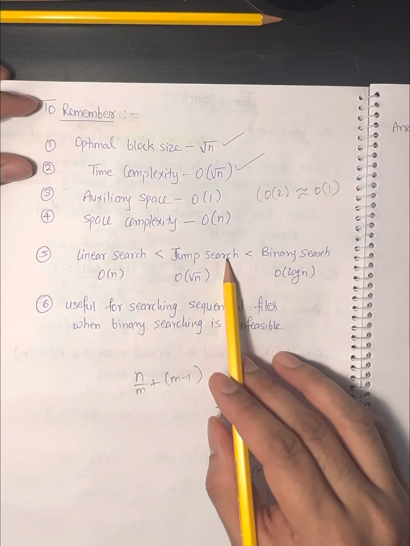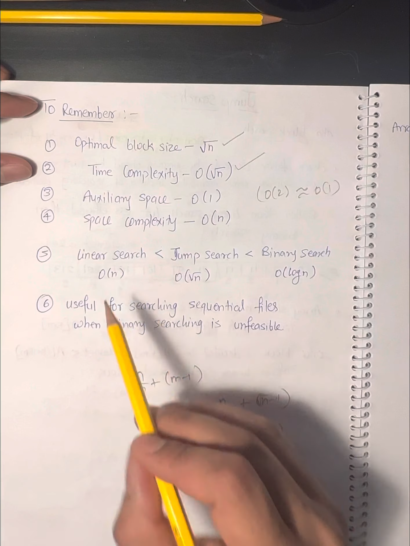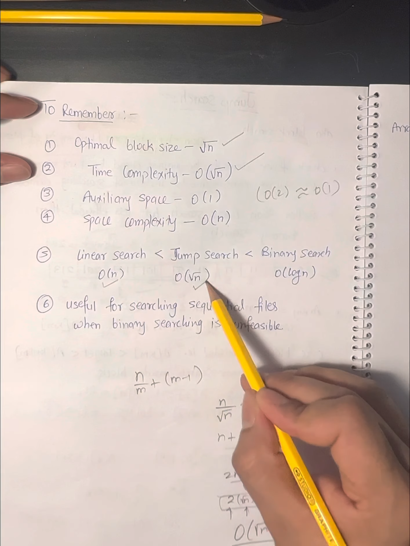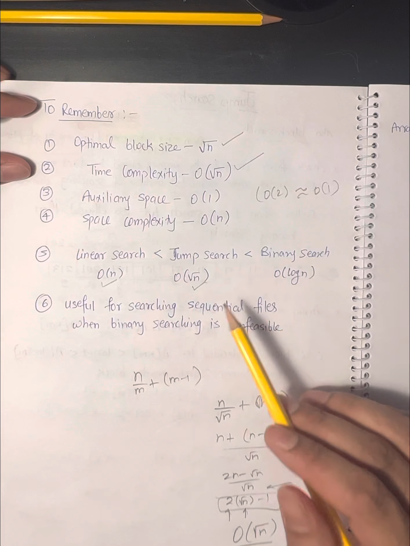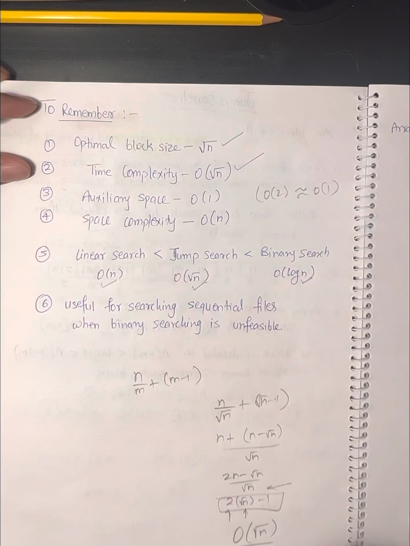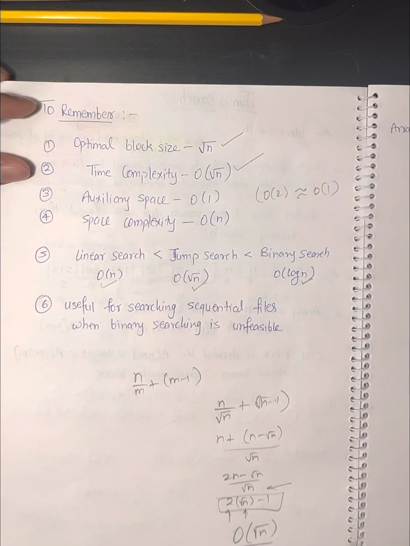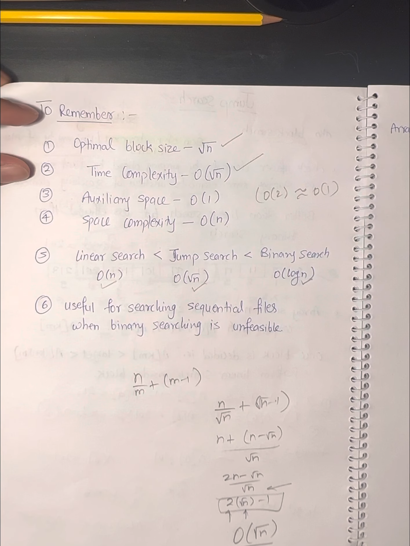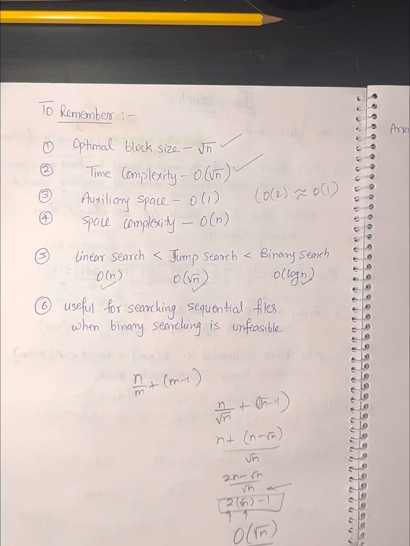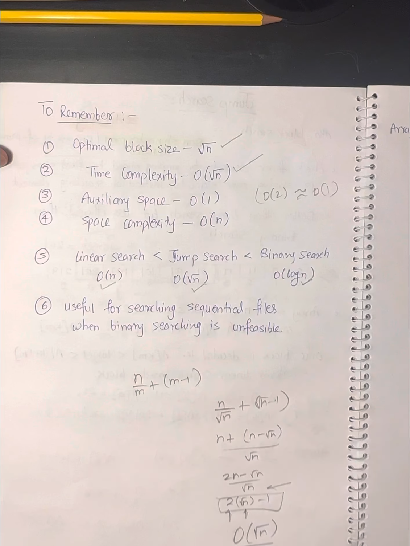The jump search algorithm, it's better than linear search because it was using O of n. Here we use O of root n, but it is less efficient than binary search, which uses log n. But if it is not efficient than binary search, then why do we need that? Okay, so when we need jump search algorithm is basically if we have the data divided in multiple chunks, or like we are looking for a sequential files where binary search is not feasible. We can't actually have the start and end to get the mid.